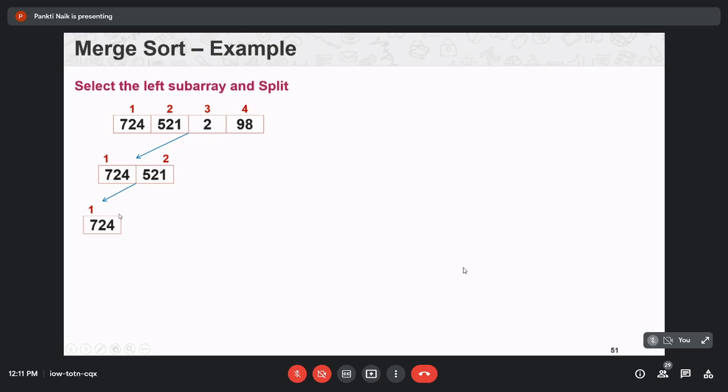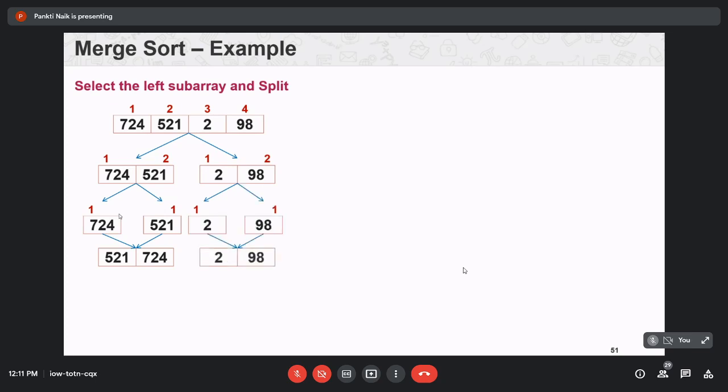So again, divide the sub array into 2 partitions. Then combine the sub partitions into a sorted group. Same for the right sub array. Then combine into a sorted group. Then combine all the sub problems into a sorted group.